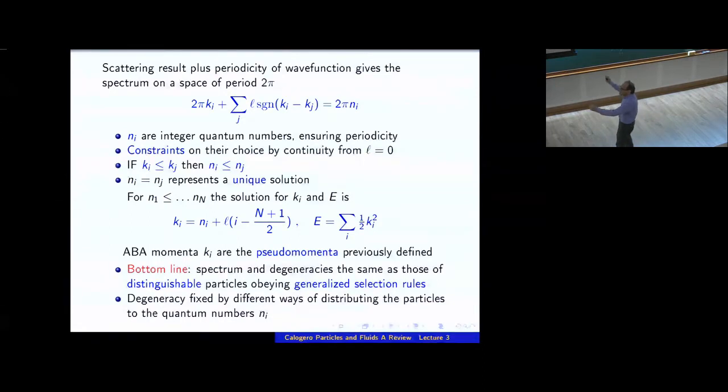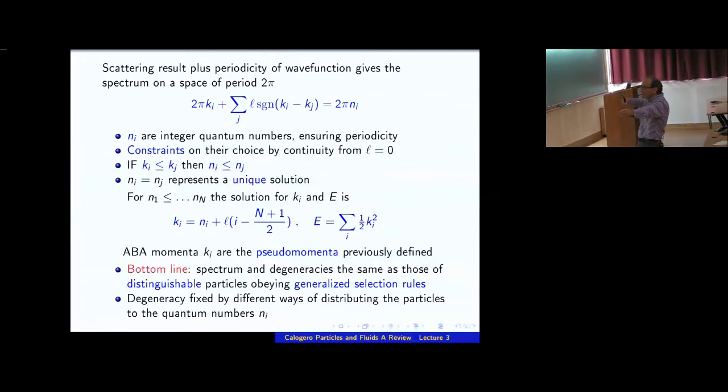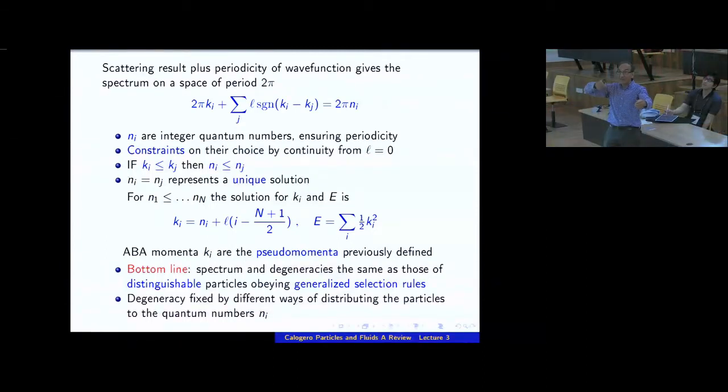And so you say that if you want this full wave function to be periodic, if you follow the coordinate of one particle all the way around the circle until it comes to the same point, it will have to jump over every other particle, so the wave function will pick up that much phase, and then of course it will pick up the phase of going around, the periodicity phase, so to speak, going around the circle. So that gives you this